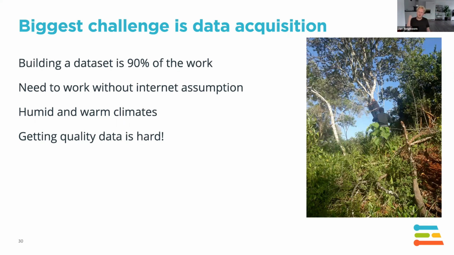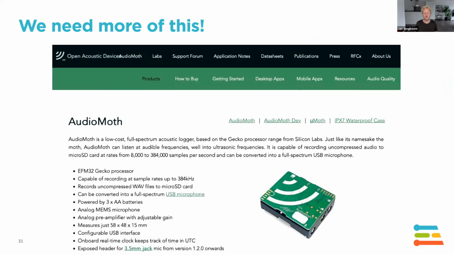And if there's one thing that I could wish for in this, it is that I would love to see more devices like the AudioMoth. This is a low-cost microphone and logger. I think it sells for about $50 or $60. And man, this is so incredibly amazing. It's a completely standalone device. It runs on a couple of AA batteries, and it is an absolutely awesome data logger to get raw acoustic data from the field.